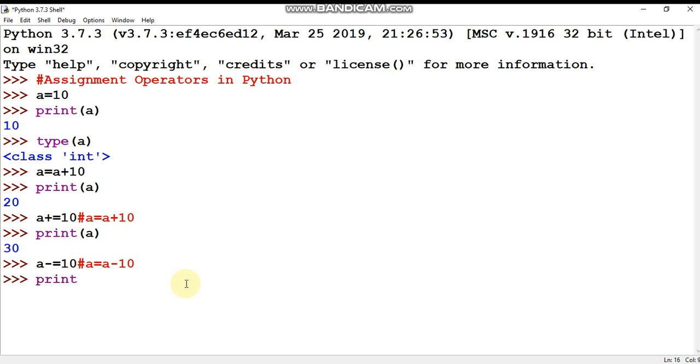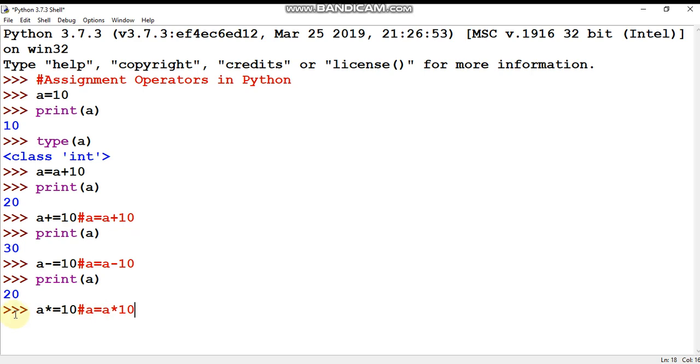So the value of a will be 20. The same way, I have discussed a into equal to 10, so it is just equivalent to a equal to a into 10. So how will it execute?